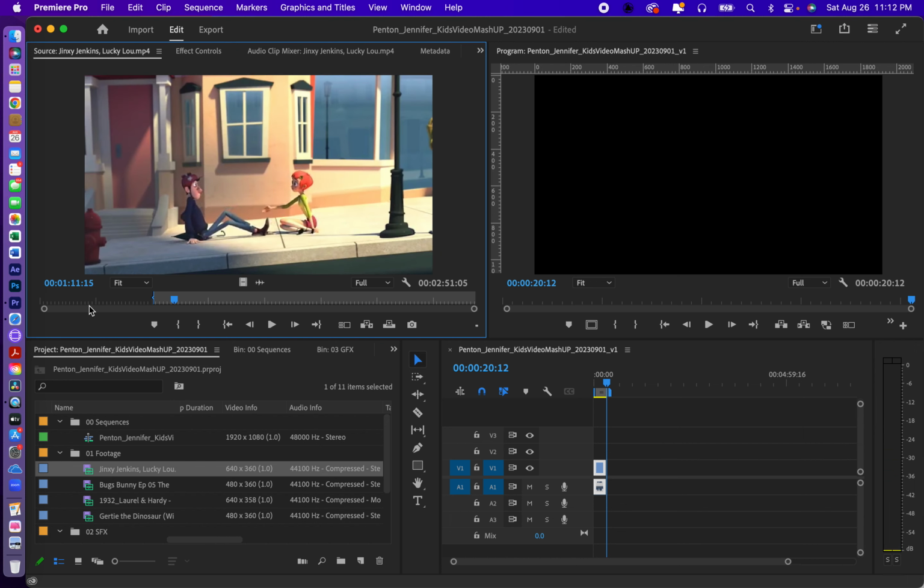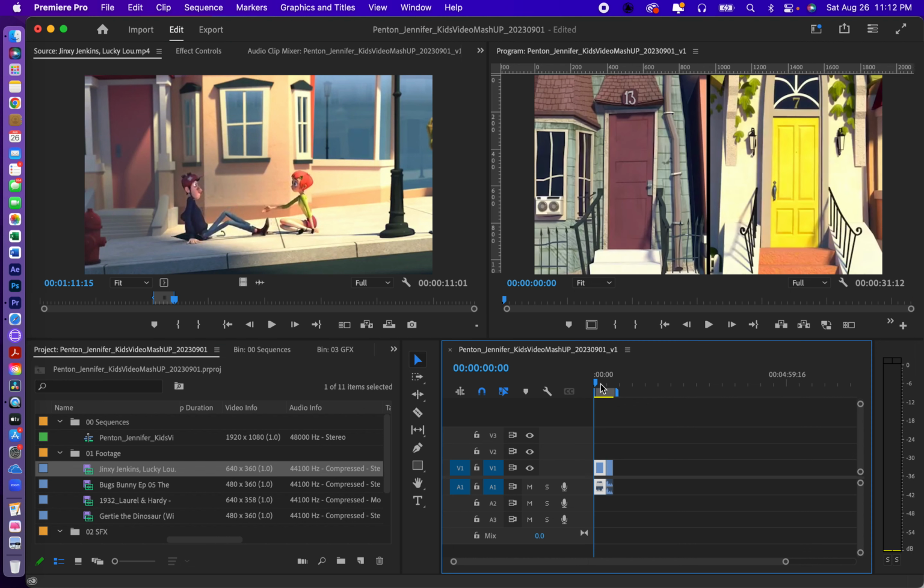Okay, so maybe right at that point, I hit the O button and mark out. And I want to put this one in. And so I'm still at the end, my playhead's still at the end of the video. So I'm going to go ahead and I can hit the insert because it doesn't really matter. And now you'll see that if I play this,